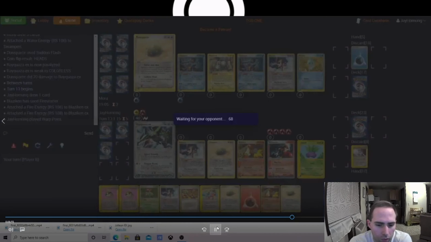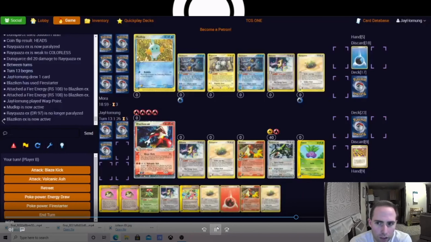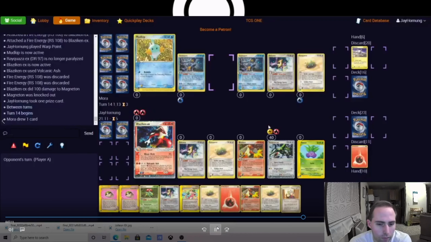I'm going to go for the Warp Point here. In this matchup in particular, I'm going to want to make sure that I am targeting down the Magneton. That is going to be a major key to victory for my opponent. If he doesn't have the energy to play, he's not going to be able to really take advantage of those water calls or energy draws. Yep, so I definitely take out that